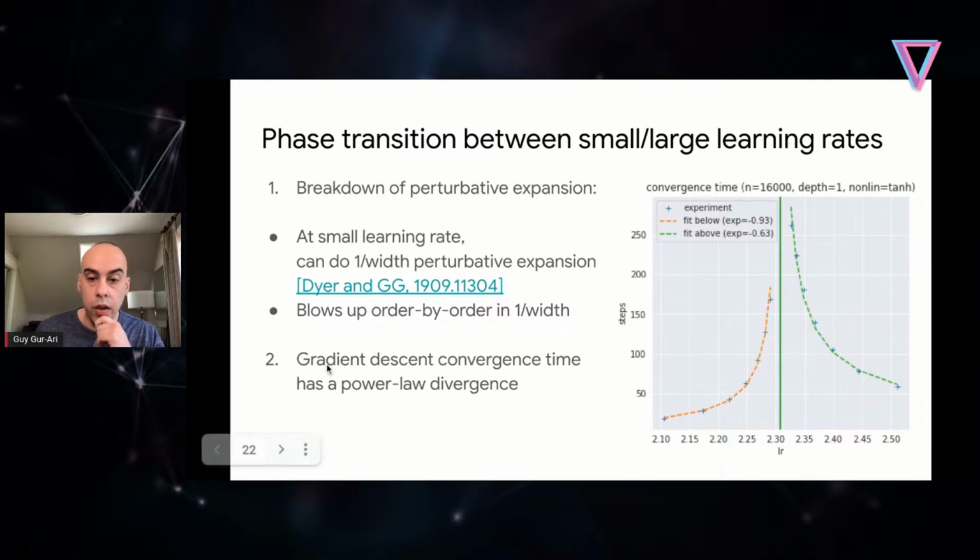The other hallmark of phase transitions in physics, or second order phase transitions, is that they exhibit power laws when we are close to the transition. In this case, we also see something like that. We can compute the convergence time of gradient descent. The convergence time goes to infinity when we tune the learning rate very close to the phase transition, and it actually goes to infinity as a power law, and we can compute and measure the exponent that controls